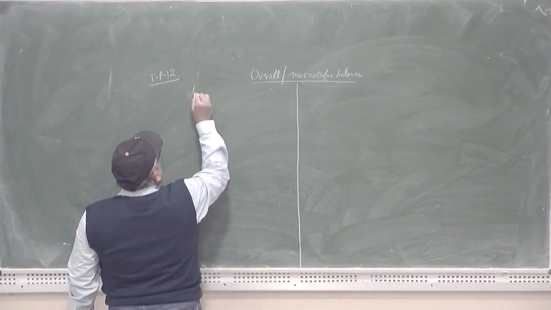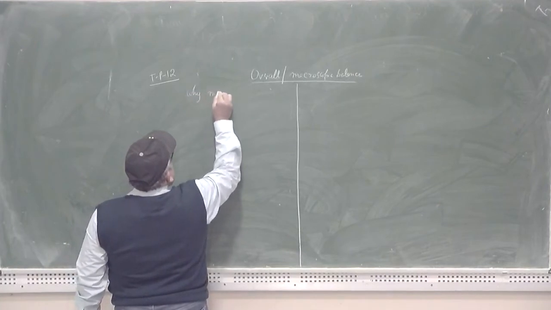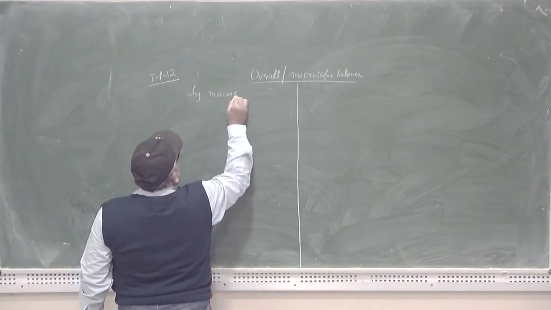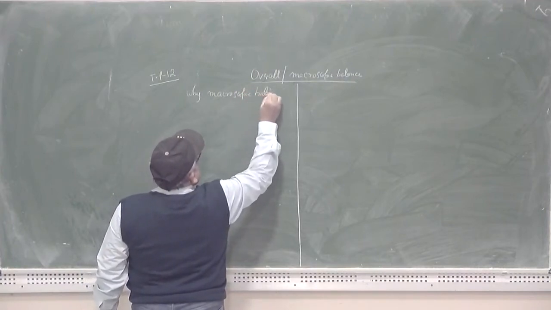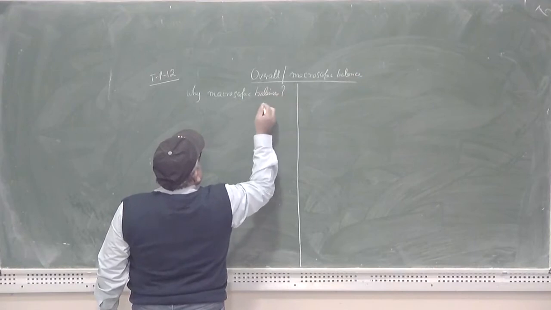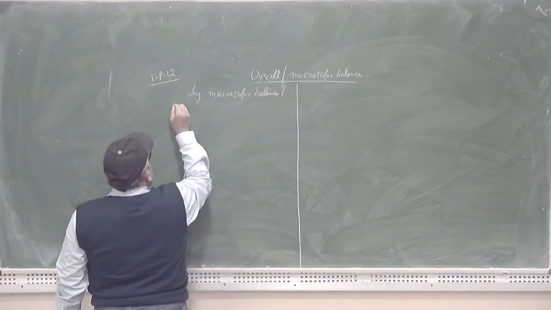So, if I am asking why macroscopic balances are required, then the answer is number one,